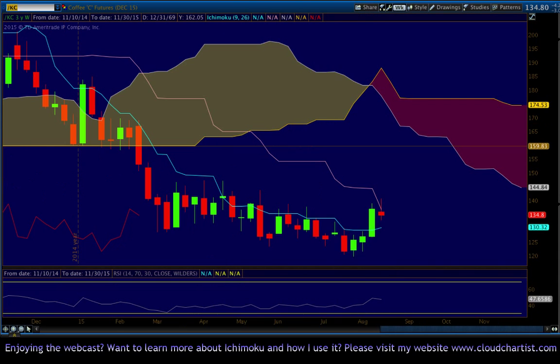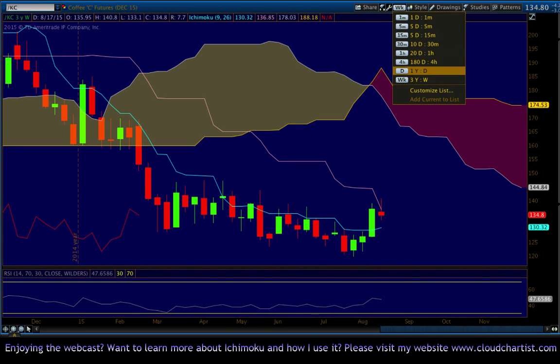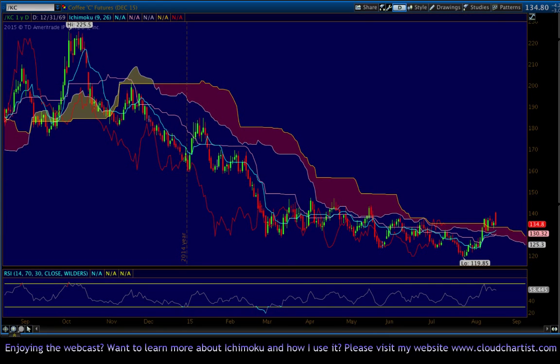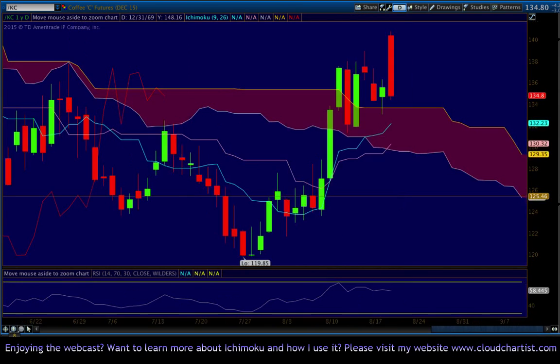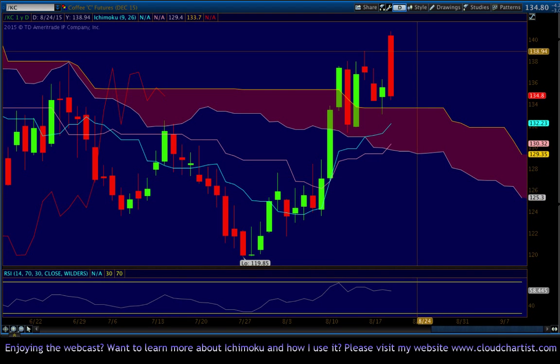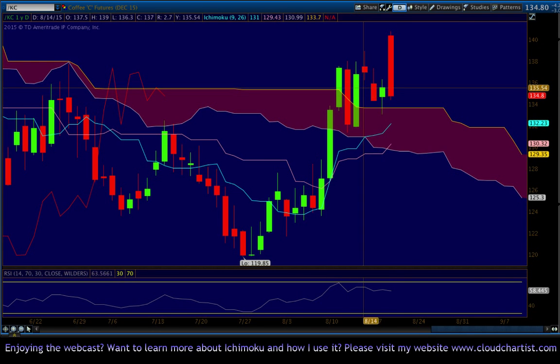Coffee put in an interesting, oh, that's weekly, sorry. Coffee is putting in an interesting weekly candle, getting smashed down by the Kijun-sen. Well, geez, that is a very interesting candle. I wonder if that coincided with the same time that the dollar ripped. That would be interesting. Well, anyway, we got a pretty bullish breakout